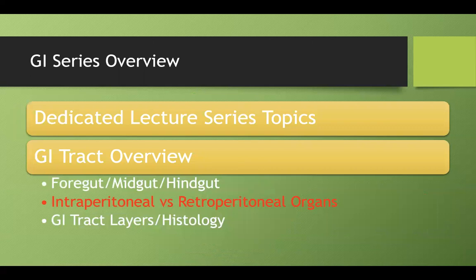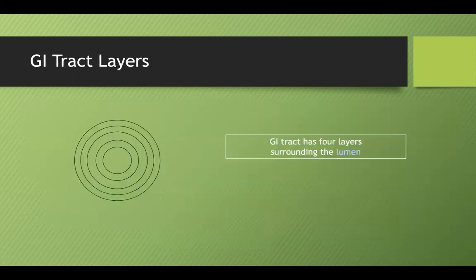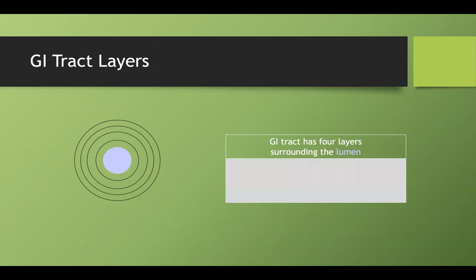Now that we've talked about the difference between intra and retroperitoneal organs, let's talk about the GI tract layers, because this will come up in almost every lecture moving forward. So the GI tract has 4 layers surrounding a lumen. And this is true for all of our segments of the GI tract that we talked about, from the foregut, midgut, and hindgut, okay? So we have our lumen, and the layer closest to the lumen is called our mucosa,